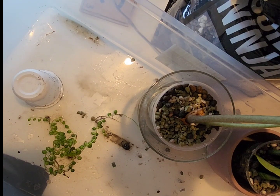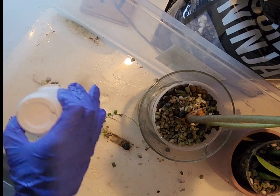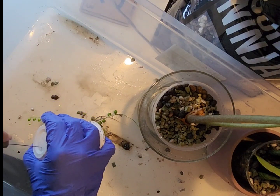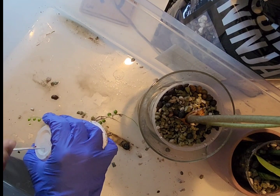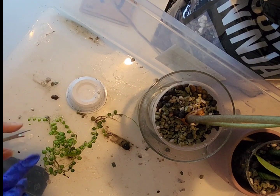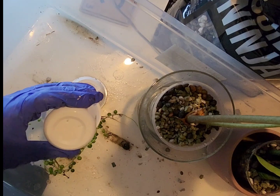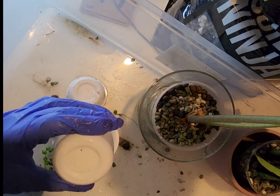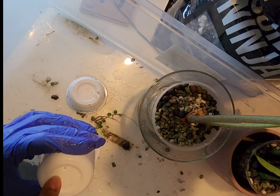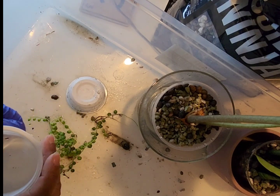Always happens to me. As soon as I need something, I can't find it. Then when I don't need it, I find it. I can't find the tool, so I'm having to use this instead. And I'm just gonna, and that's not working. So we'll try something else. Success! Don't know if you can see there, I have managed to pierce 4 little holes just there for the water drainage. And we're going to fill it with medium